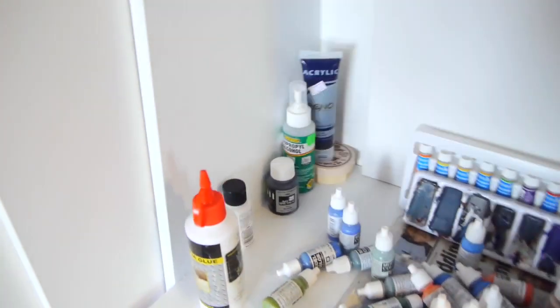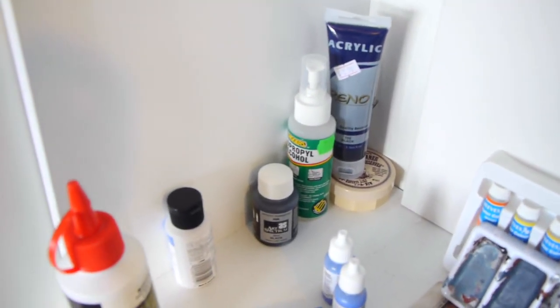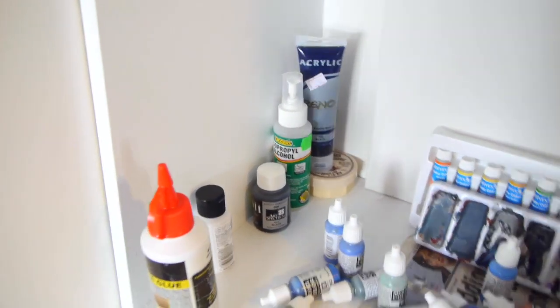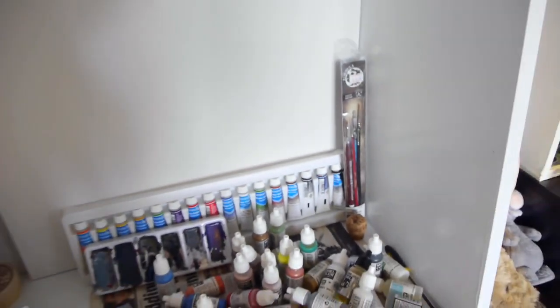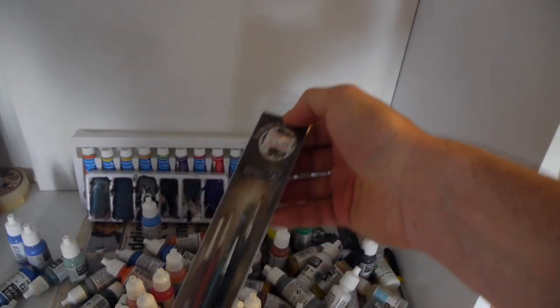What else? It's my brush cleaner, which took some tips from Les. Les did an awesome paint job. You know, man, thanks so much for the videos that you do. I can't thank you enough. I've been watching them and learning from them, and most of my purchases have been as a result of watching your videos. Here are my junk brushes that I use for...